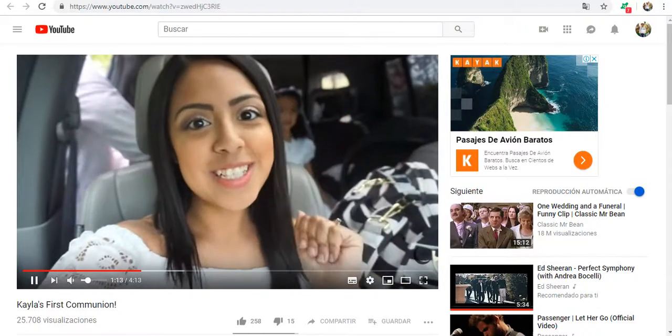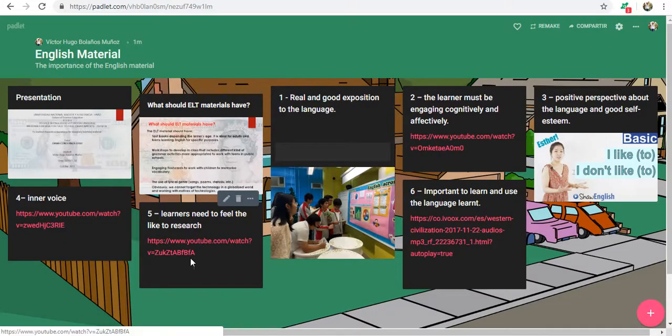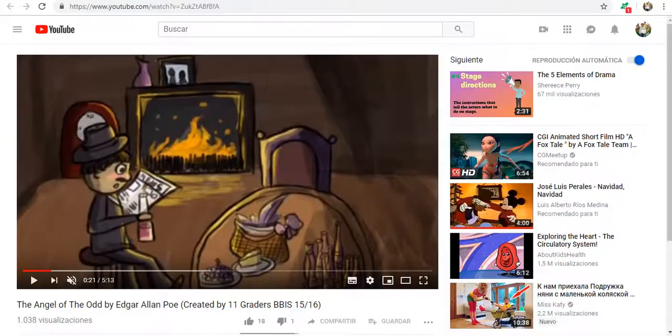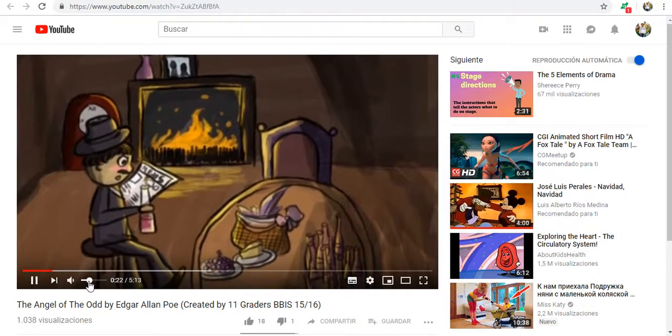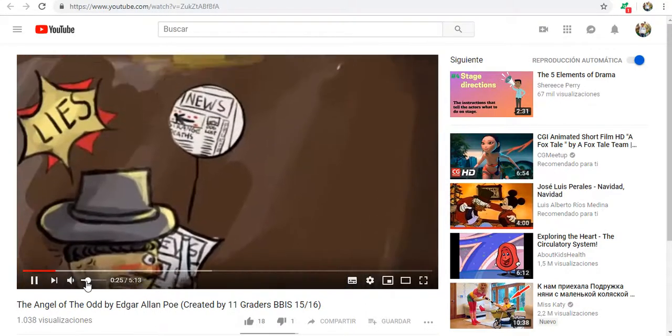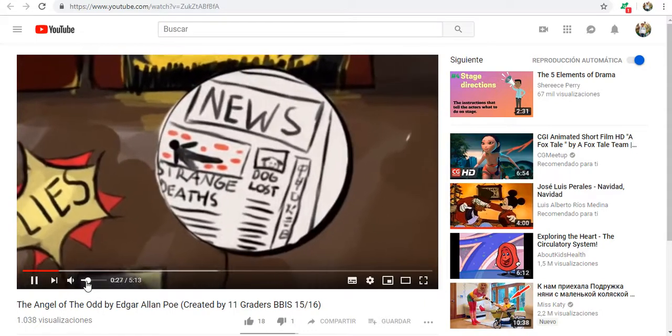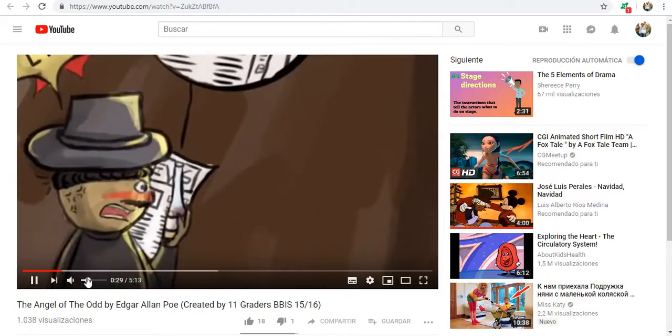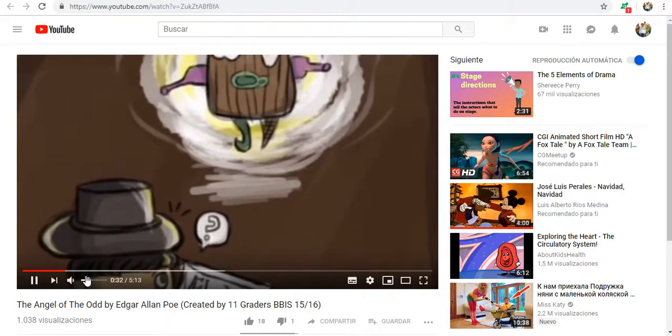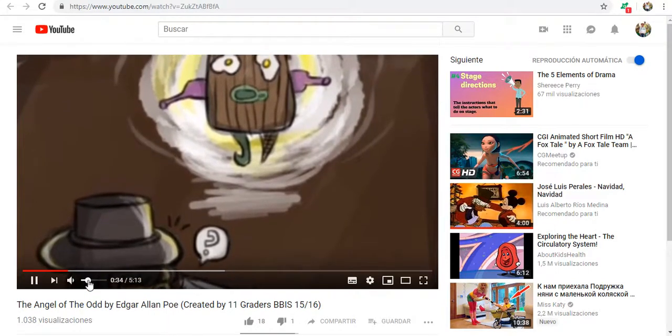Well, continuing with our job, learners need to feel they like to research. There are a lot of materials that can help the student, for example, to imagine the origin of that material and to research or to find the source of that material.